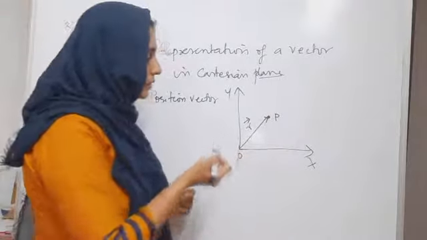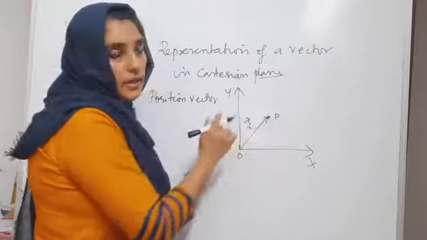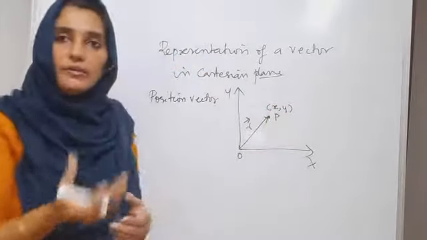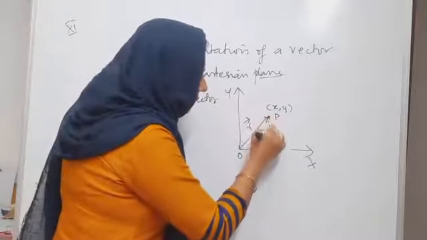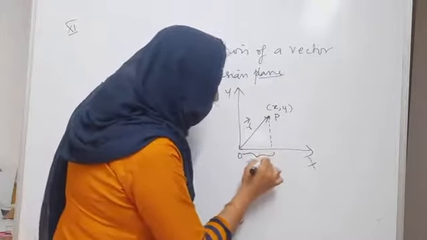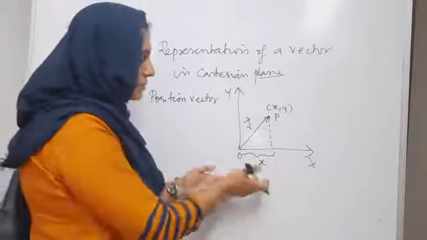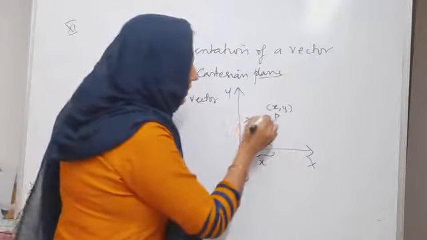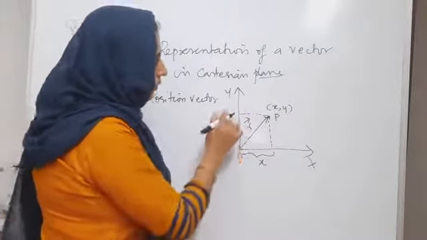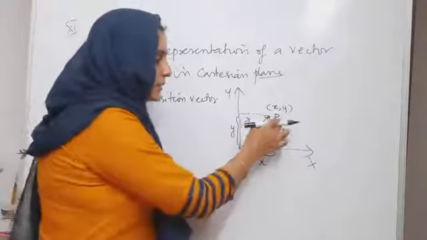So for that, first you have to identify the point P. In a plane, it will have an x-coordinate as well as a y-coordinate. How will you find out the x-coordinate? Draw an imaginary perpendicular line such that it meets the x-axis. Then this distance will be x units. We are not specifying on what scale we have drawn this graph, so I'm just saying that it is x units. What about the y-axis? How much does it occupy? It is this length, from O to this point, it will be y. Okay, so this is x comma y, which represents the point P.